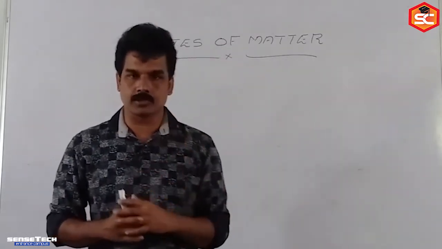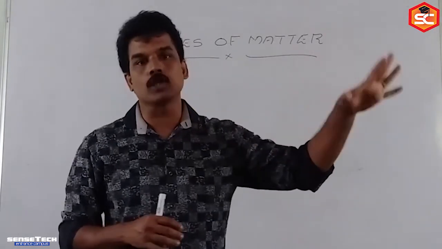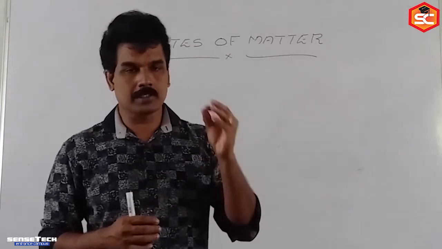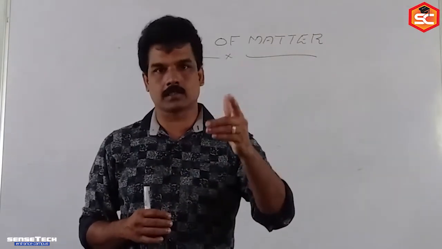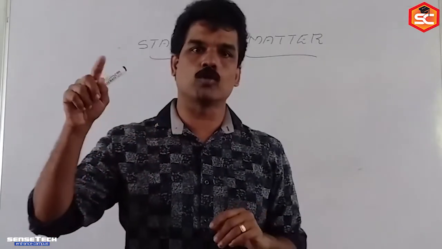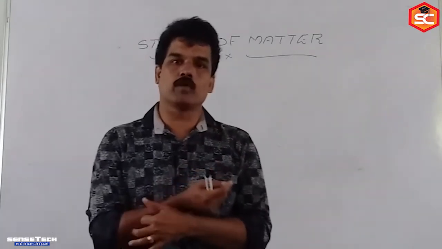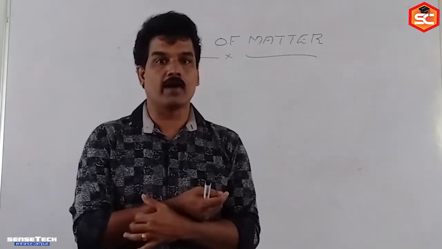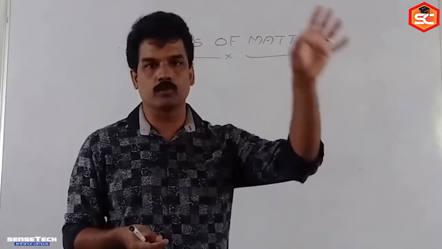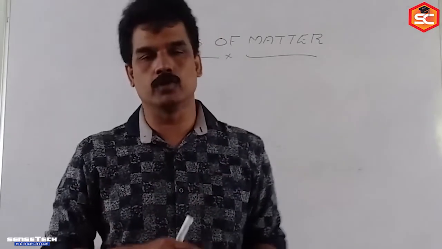Then you take up gases and study the gas laws. Before that, you must know the measurable quantities and their conversions. Pressure we measure in atm, bar, and pascal. All the conversions you must know: 1 atm is equal to 1.01325 bar, or 1 atm is equal to 1.01325 into 10 to the power 5 pascal. Then the conversion to mm of mercury and everything else you must know: measurable quantities, their units, and conversions.